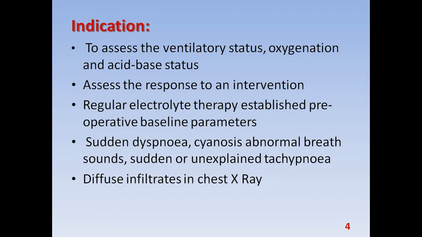And the next one is sudden dyspnea. Dyspnea is difficulty in breathing, and cyanosis is the bluish discoloration of body due to decreased oxygen supply, usually seen in lips. Then abnormal breathing sounds. Sudden and unexplained tachypnea means fast and rapid breathing. In this case, we can do ABG, and if there are any diffuse infiltrates in the